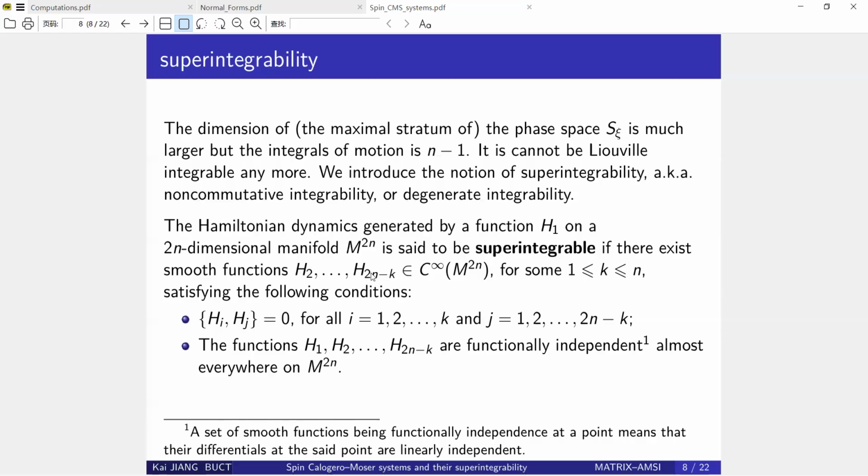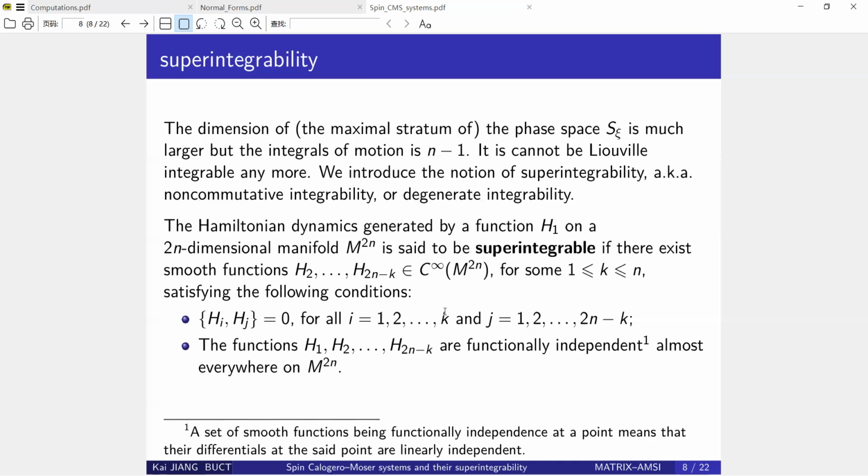So we have fewer than 2n functions. Here we have more first integrals or integrals of motion,